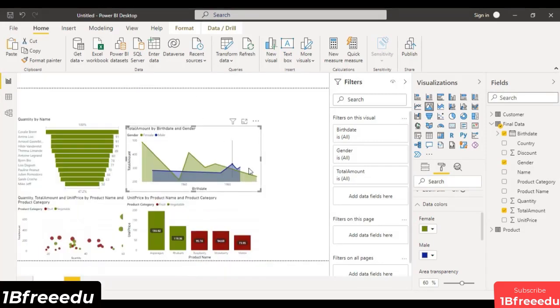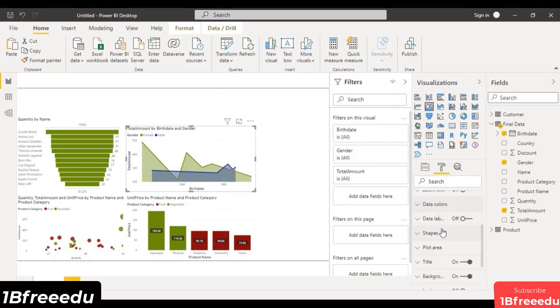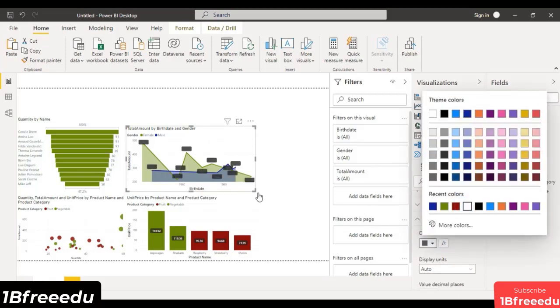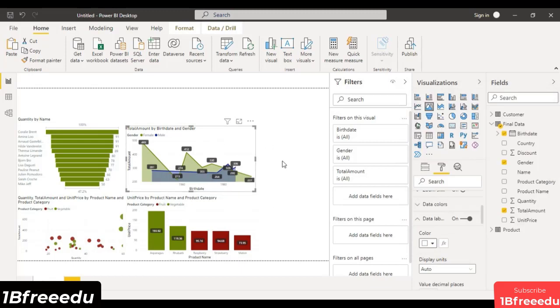Let's go back to the report. This is how the chart is looking. If you want, you can add data labels as well. So that's a simple process. You can add that on your own, make the customizations as you want, like the background, etc. You can change the color of the data label as well to white, so the text is much more visible to us like this, okay.